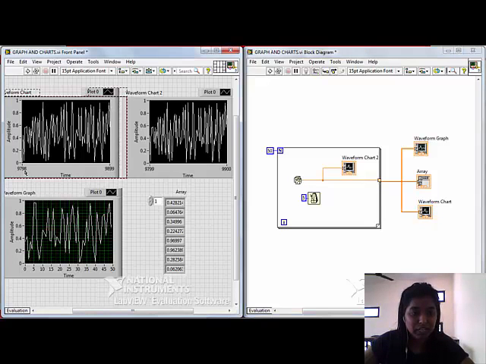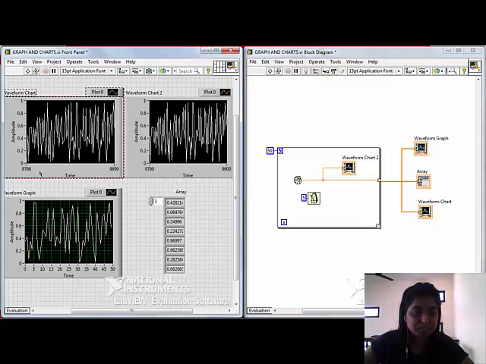You can see the time interval over here, with some delta x on the waveform.